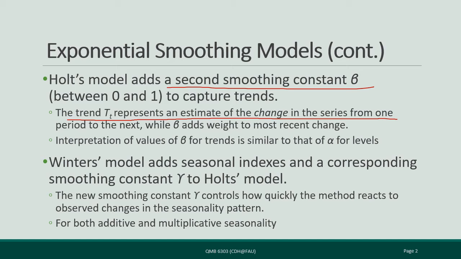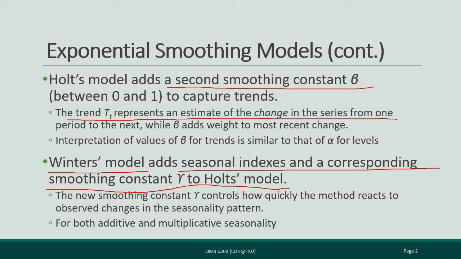Well, the seasonality can be treated with a Winters method again. So whenever we say the Winters model, we are also assuming that the model already has the alpha and beta. So sometimes we call it Winters model, sometimes we call it Winters Holt model, because whenever we have seasonality, we almost always have trends. So the Winters model, on top of the alpha and beta, we add another seasonal index and the corresponding